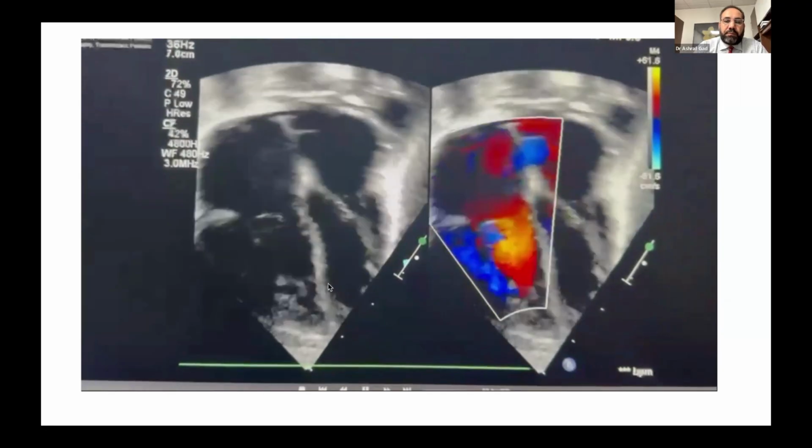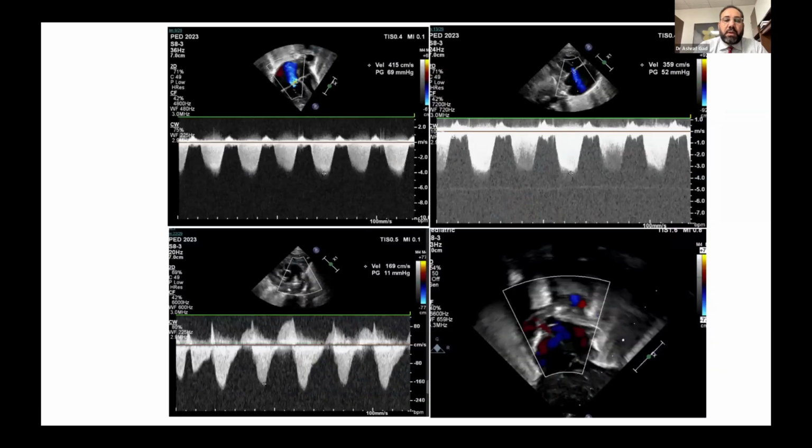As we see on the right side, the septum is flat, the right atrium is enlarged, and the right ventricle is also enlarged, and the baby has a significant tricuspid regurgitation, as we saw on the clip. Picture from the same baby. Here the tricuspid regurgitation is depicted. It's 69 plus right atrial pressure, which will give us maybe 74 millimeters of mercury